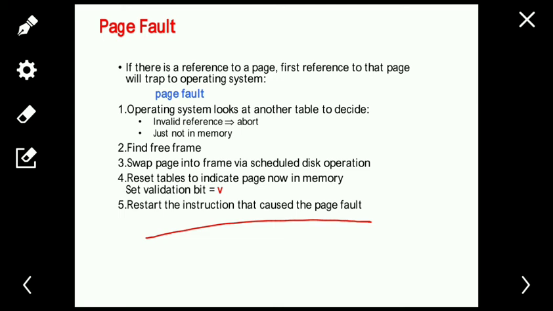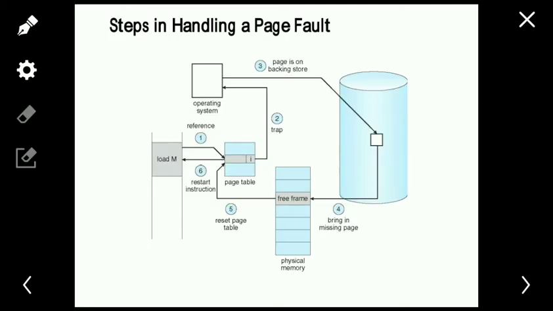Okay, so in virtual memory, when the process starts executing, it is possible to start executing the process even though no page is in the memory. In that case, even for the first instruction there is a page fault. When all the needed pages are brought into memory, there are no more page faults. This is called pure demand paging, and a page of the process is never brought into memory until it is required. Okay, so here we have the steps in handling a page fault.